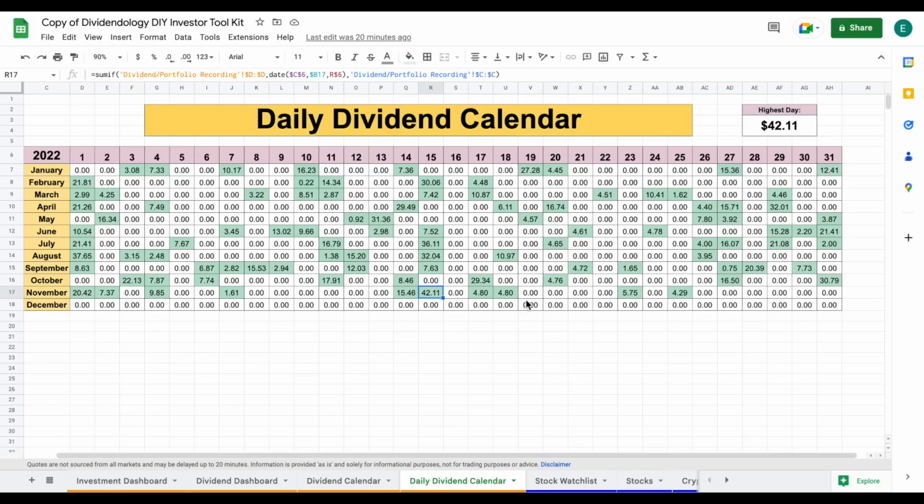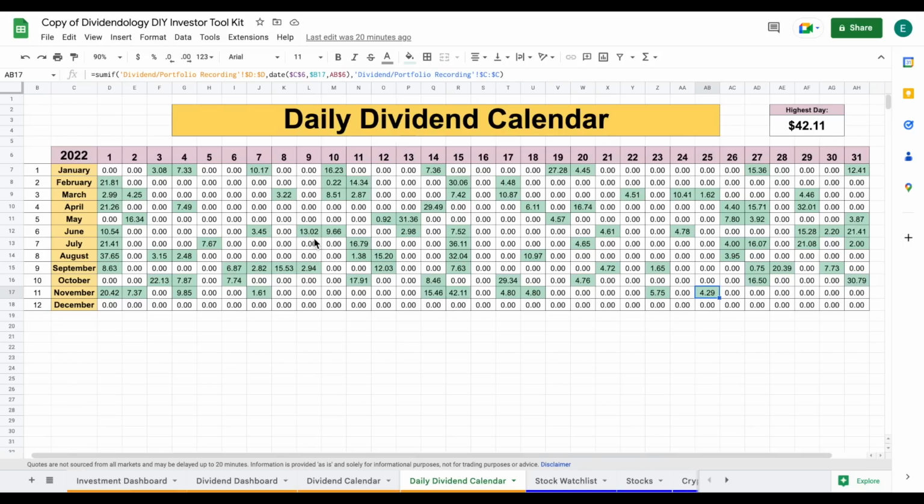And then we have a couple of smaller days, as we can see here on the 17th and 18th, on the 23rd and the 25th. So this is just a really good way to see exactly what days over the past year you've been paid dividend income. Okay, now I said we are going to go back and mention my dividend portfolio projections because I